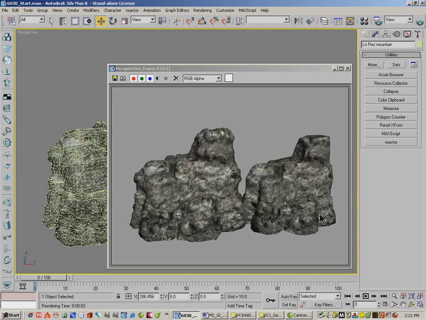Again, I find the process a little bit convoluted in Max. I don't particularly like that render to texture dialog. But once you get it right the first time, it's not the hardest thing to do. It's just that screen is a little confusing to figure everything out. But that's how you do it. So rendering normal maps from a high polygon object onto a low